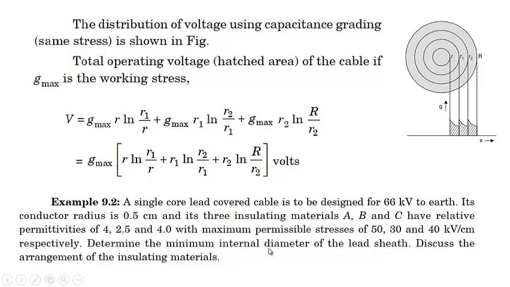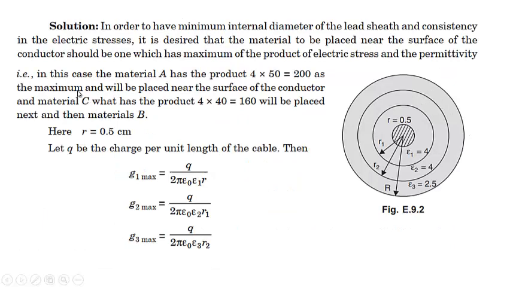So determine the minimum internal diameter of the lead sheet. We have to calculate this R. Discuss the arrangement of the insulating material. We also have to find out which material is to be placed where with respect to the conductor. In order to have a minimal internal diameter of the lead sheet and consistency in electricity, it is desired that